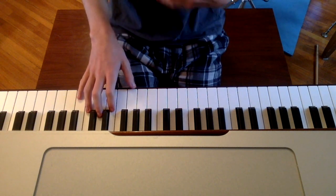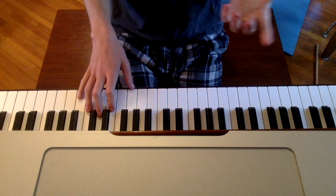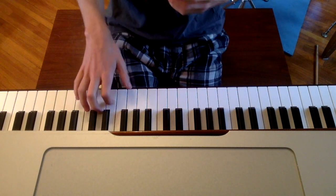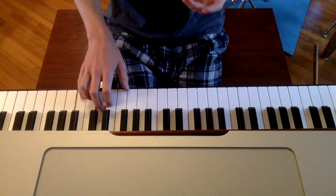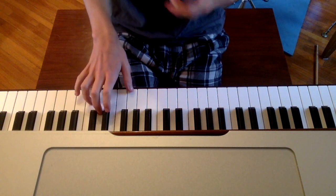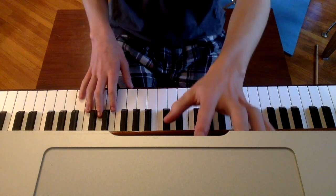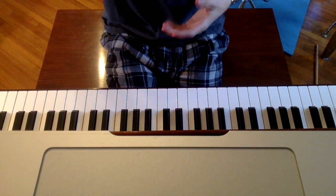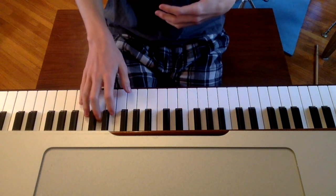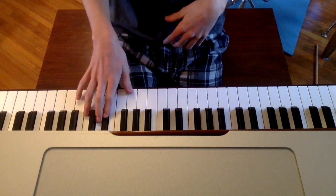And as far as how many times to play it, I feel like the easiest way to do that is going to be to learn the words. So you can do the "I had me a boy, turned him into a man, showed him all the things that he didn't understand," that whole thing, so you can get the right numbers there. And then after that, you've got the "whoa," which then